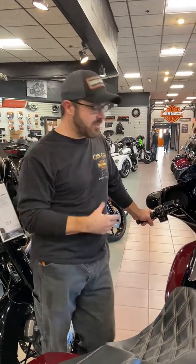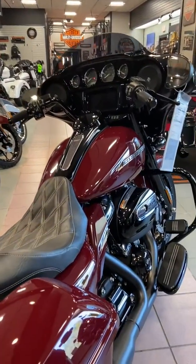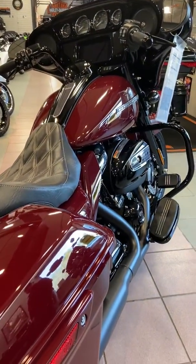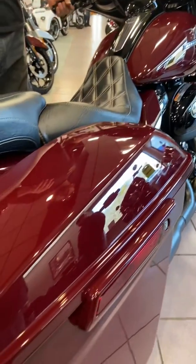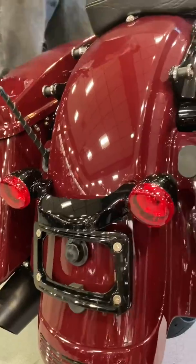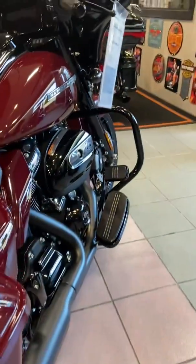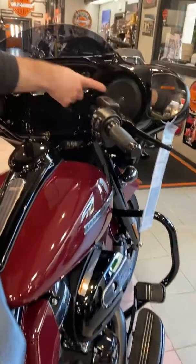Just wanted to show you one of our demo specials that we've dressed up a little bit. This is a 2020 Street Glide Special in Billiard Burgundy. It's got some upgrades. A Stage 1 audio upgrade is the first one. We put an amp up in the fairing here to accommodate the Stage 1 speakers that already come with the